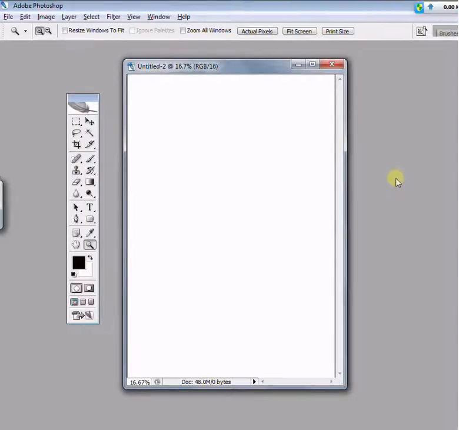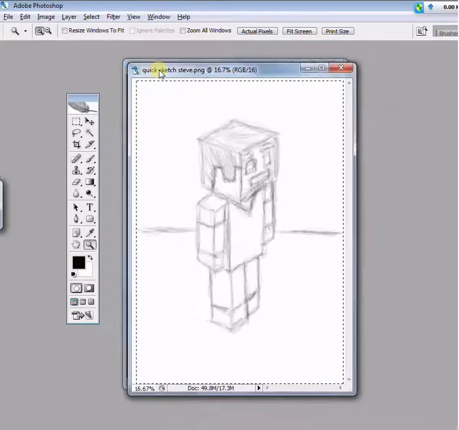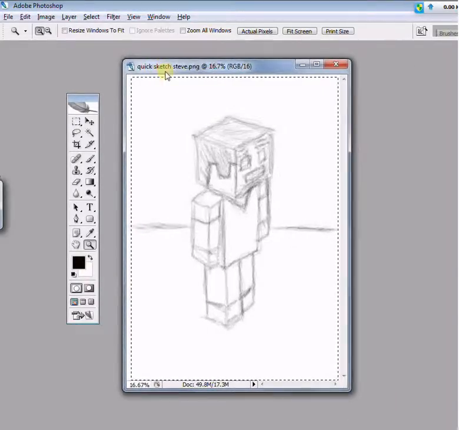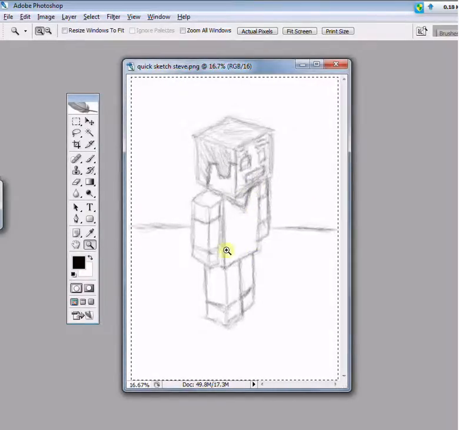So I said I would do that for him, and I quickly did a sketch which I've got on the side here, which I'll bring in. This is a quick sketch of a Minecraft character, just standing upright, looking in that direction, the normal blocky square Steve type